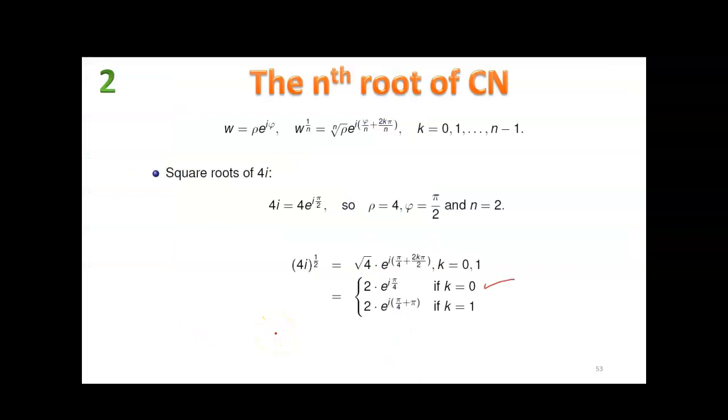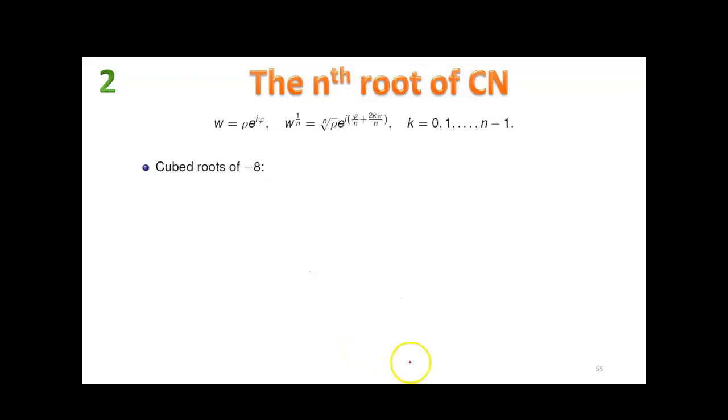So here manually we have calculated the same thing, and if you like the representation of the same number in terms of Cartesian representation, it is plus minus (root 2 plus i times root 2). Similarly, now we are going to find out the cube root of minus 8.